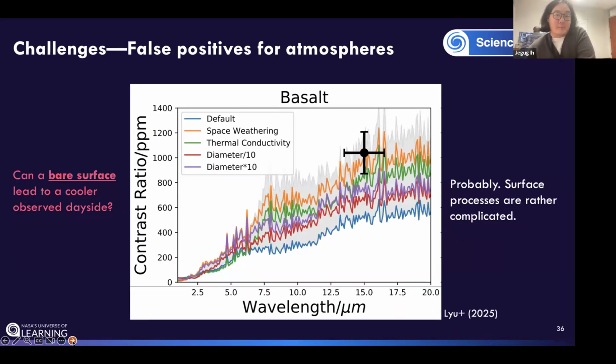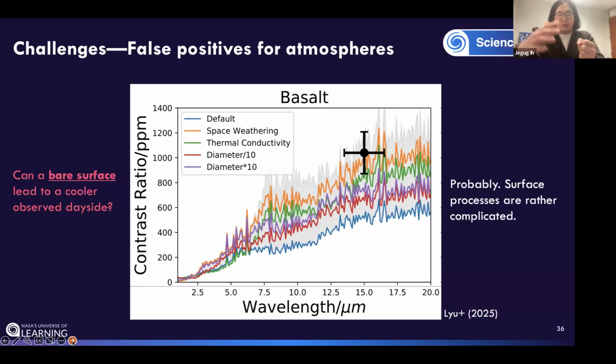As for false positives for atmospheres, the question would be, can a bare surface, which we think of as not transporting heat from the day to the night side, cause a cooler observed day side temperature? So basalt is typically a rock that we think of as a dark surface, and it's on the surface of the moon and the surface of Mercury. But then there are all these modeling assumptions you need to make to actually determine how bright a basalt surface is. So here, the default is what we think of as dark,